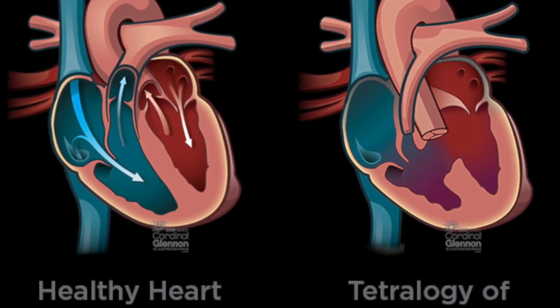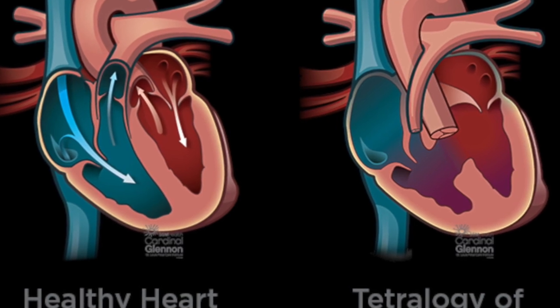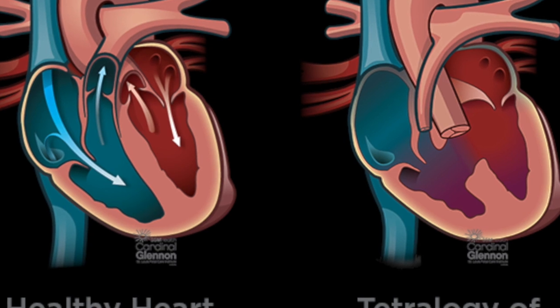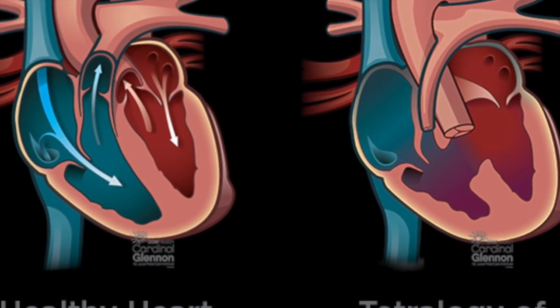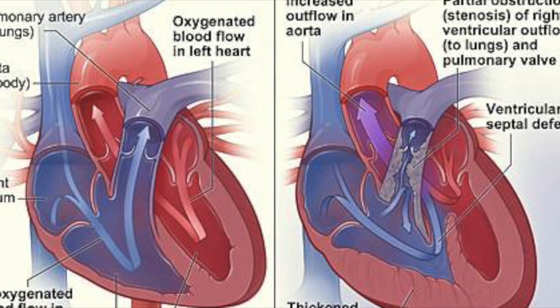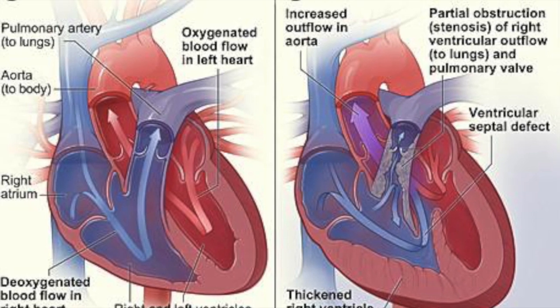In tetralogy of Fallot, 4 related heart defects change the way blood flows to the lungs and through the heart. Tetralogy means a combination of 4 related symptoms or problems. The 4 problems of tetralogy of Fallot are ventricular septal defect, pulmonary stenosis, right ventricular hypertrophy, and lastly, an